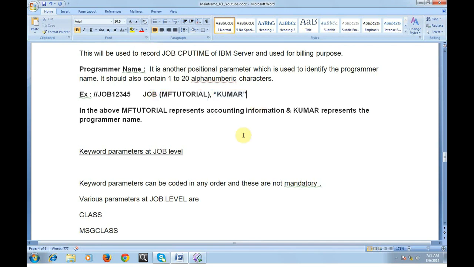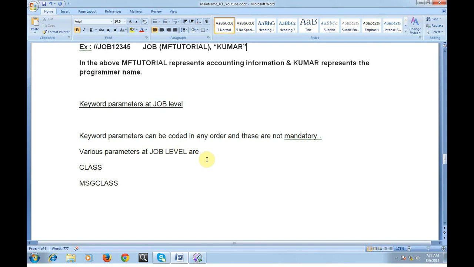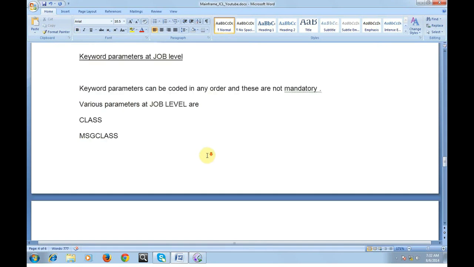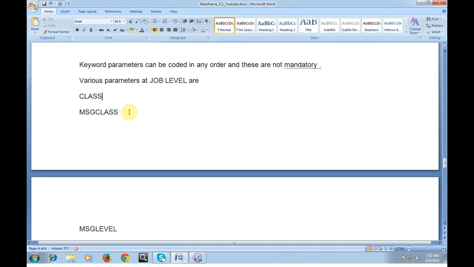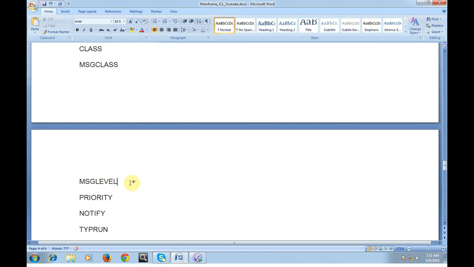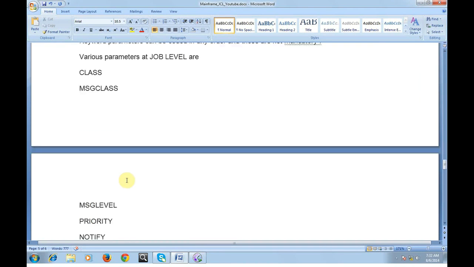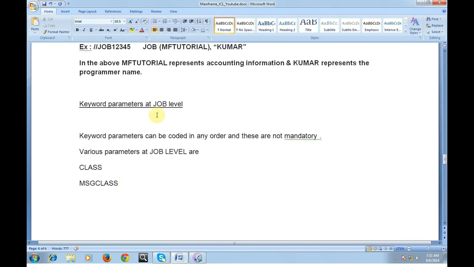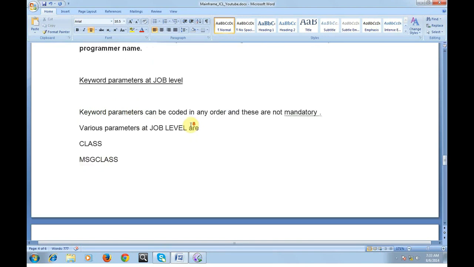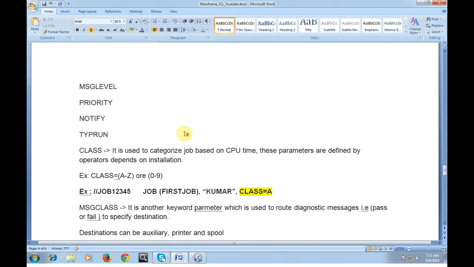I cannot change the positions, whereas for keyword parameters, it is optional. Various parameters at job level are class, message level, priority, notify, and type run. Note that these are the only keyword parameters which we use at job level. There will be separate keywords used at the activity level and the DD level.